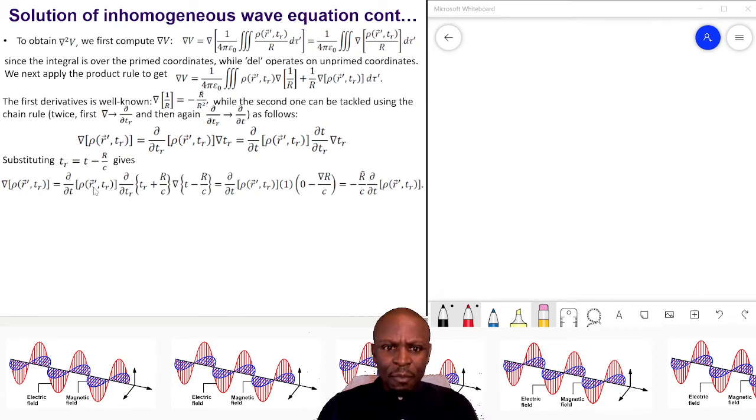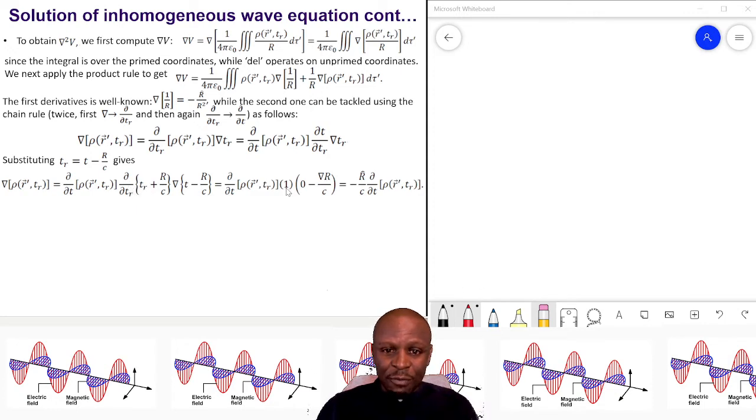This is what you are going to have. Whenever you see the t, I'm just going to write the definition of t. If you make t the subject of the formula, this is what you are going to have here. And then the derivative of this, the del for the tr, is just given by this. Now from there, if you do that, for an example, if you differentiate this with respect to tr,